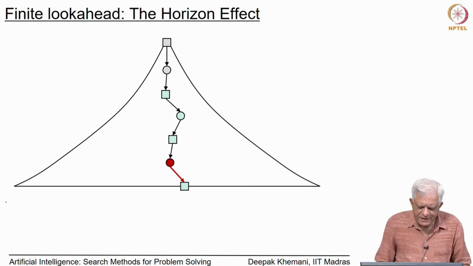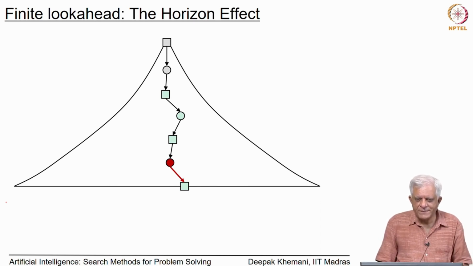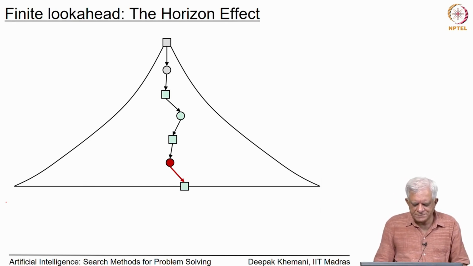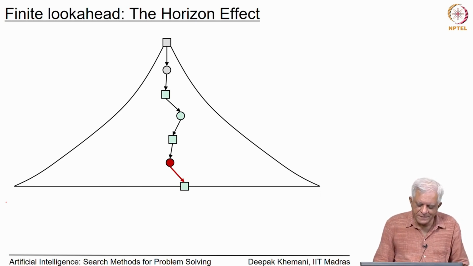So, finally, I want to end with one property of limited look ahead or finite look ahead, which is called the horizon effect. And this has been studied because people have observed that sometimes this limited look ahead creates the kind of problems where some critical event, if it goes past the horizon, then the algorithm is not able to make the best choice. So, let us assume that there is a path in the game tree which is as depicted here, and we are searching this limited